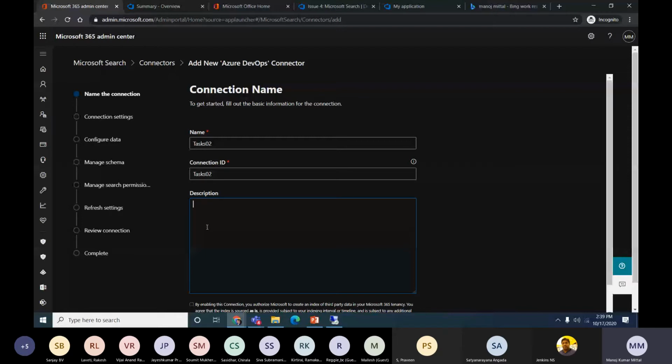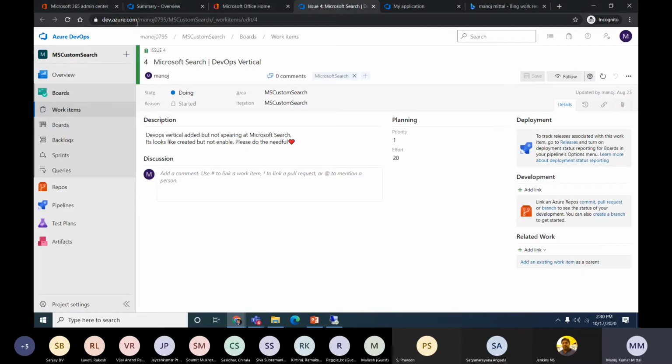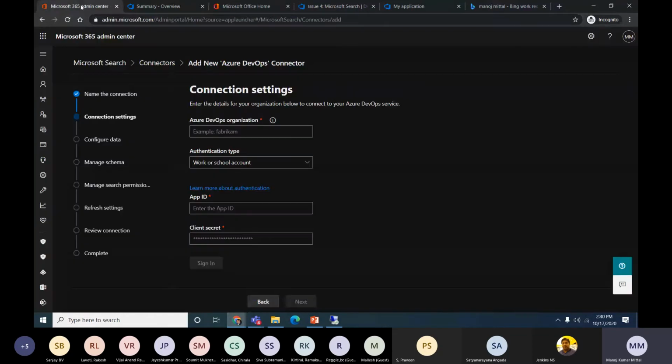It starts processing. Now it will ask for the Azure DevOps organization's name. If you see here, what's my organizational name in DevOps? The name appearing here is what we need to use, from dev.azure.com. I need to log in with my organizational account, and we will get the organizational name here. So I have logged in to that one. This is my organizational name, which I am using. I will take this section and put it here. For authentication, I'll use my work or school authentication.